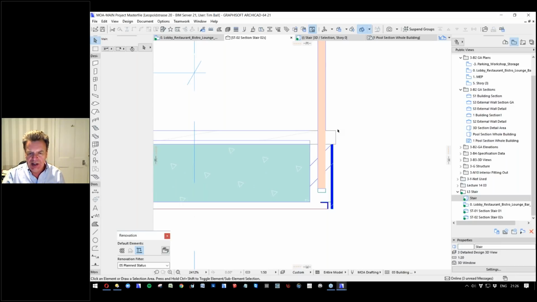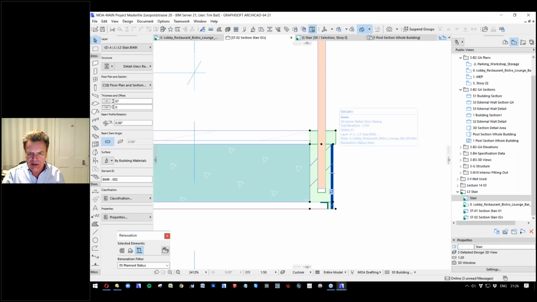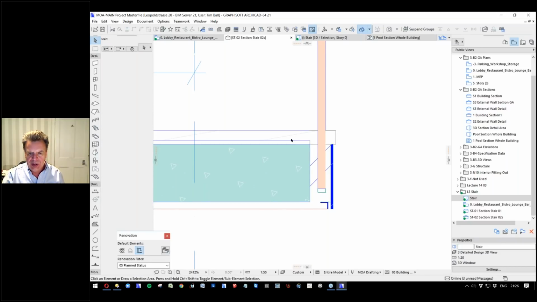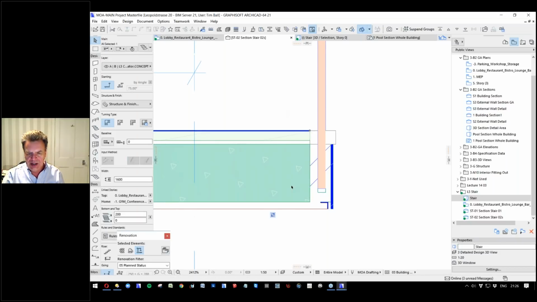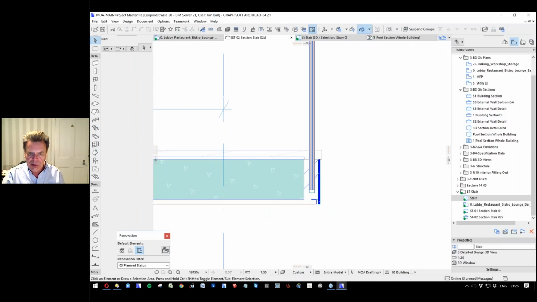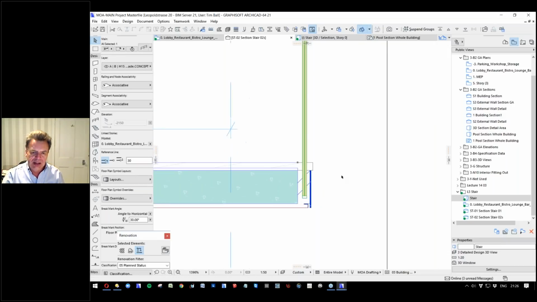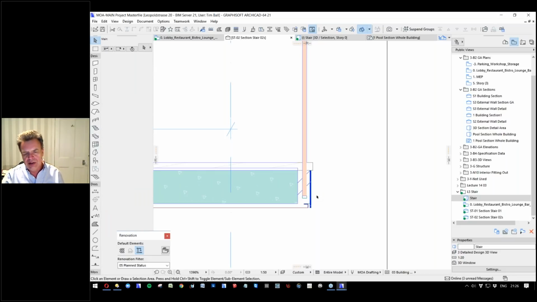Of course, we can attach data to that. So we can describe that. We can attach data to the plaster finish, and we can attach data to the staircase. And we can also attach data here to that glass balustrade. And we'll do that later on. But having got that,